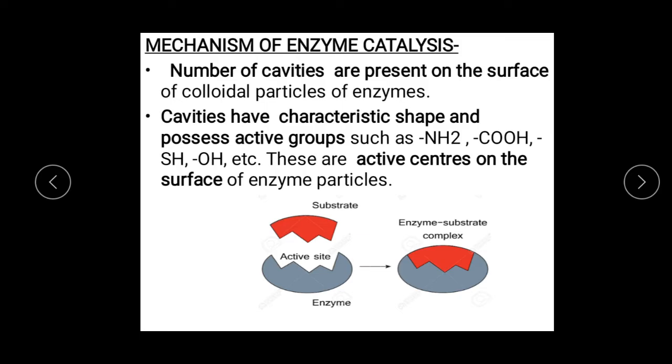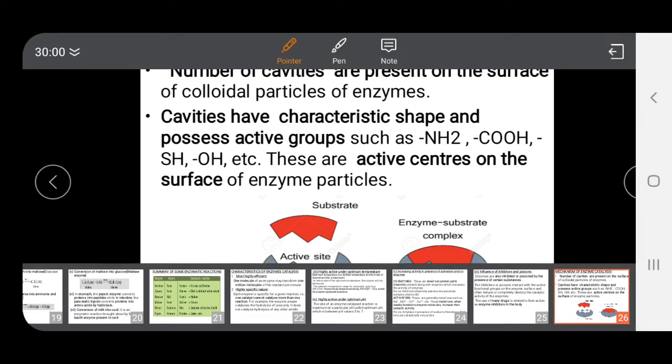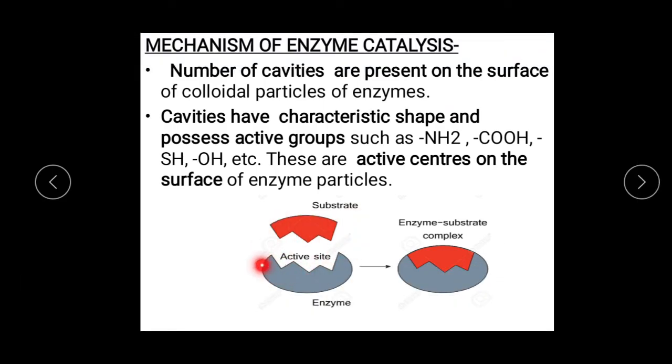Now you look at the enzyme has active sites, and this is the substrate on which the enzyme is acting upon, and you can see the shape of the substrate and the active site. They are fitting, they are having an exact fit like a lock and key. You cannot open the lock with any key. You should have a special shape of the key which fits into the lock. Now there are number of cavities present on the surface of an enzyme. You can see here, these are called as active sites, and these active sites are actually groups such as NH2, OH, COOH, etc.